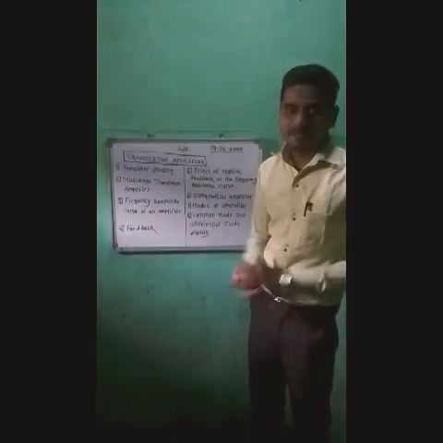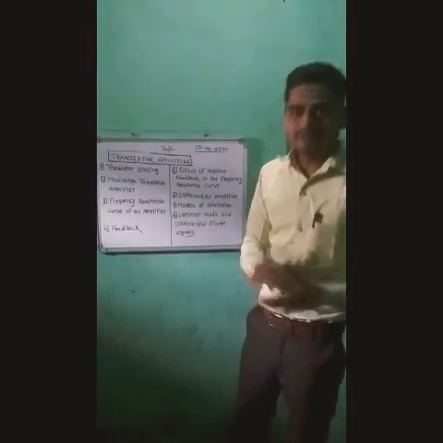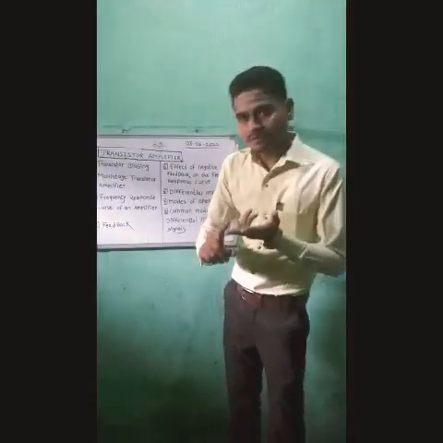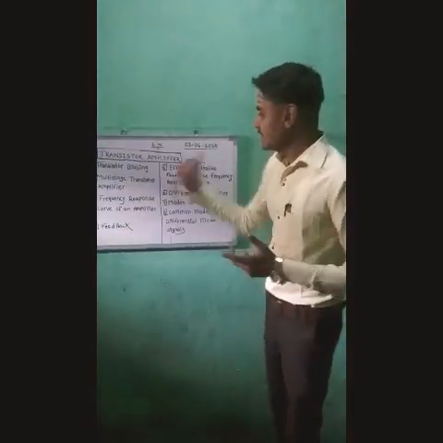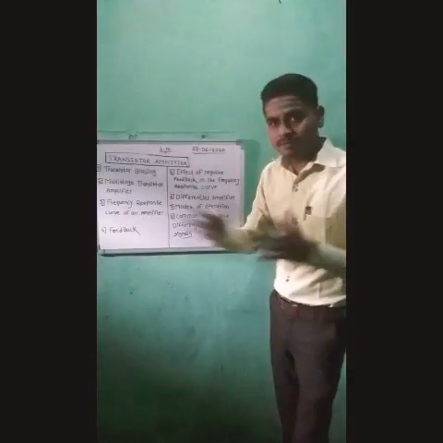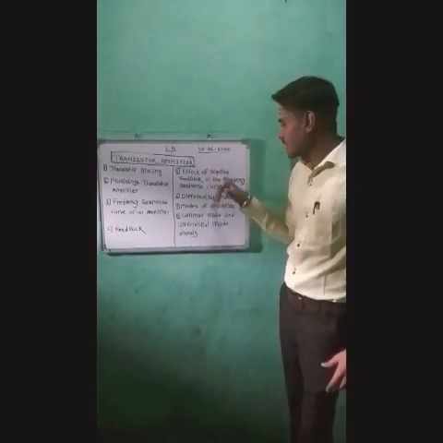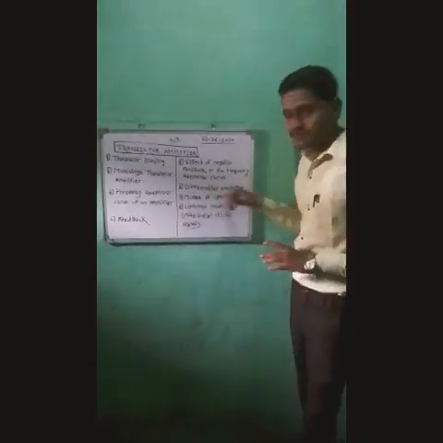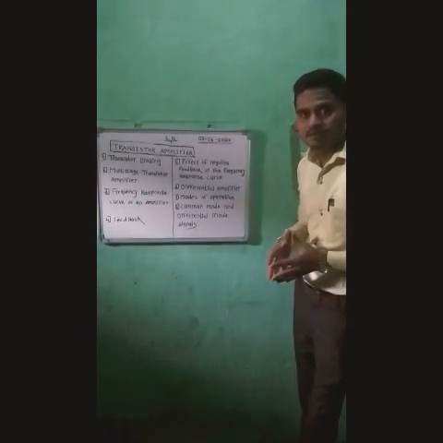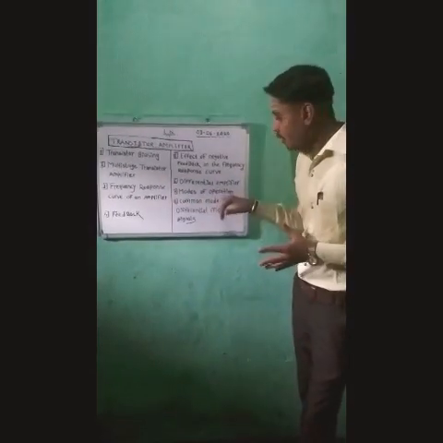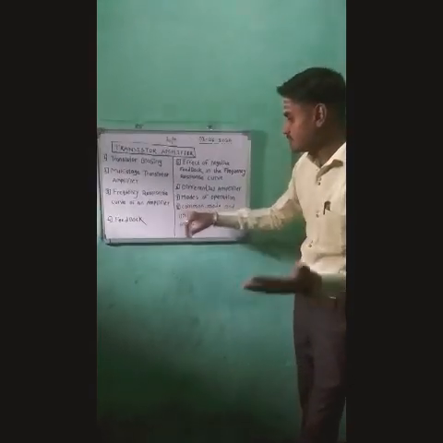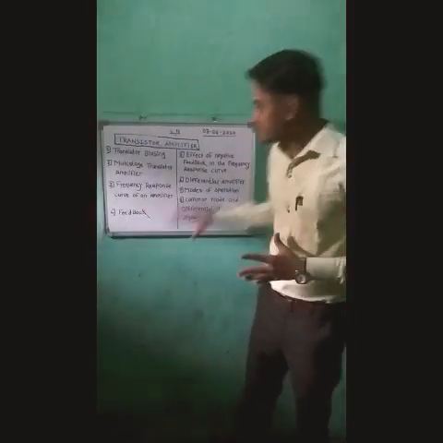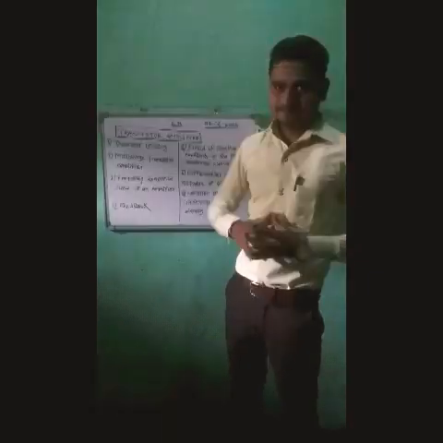The fourth point is feedback. What is feedback? There are types of feedback. We know the two types of feedback: positive feedback and negative feedback. After that, we have to see the effect of negative feedback on the frequency response curve. After that, the differential amplifier. What is a differential amplifier? And then the modes of operation. And the last point is common mode and differential mode signals. These are the points we have to see in the transistor amplifier.